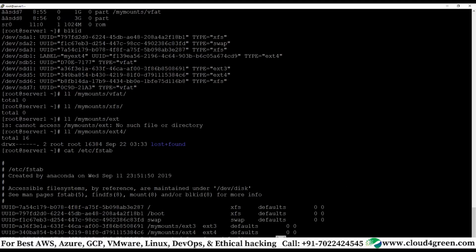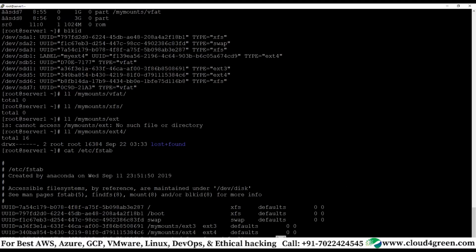So the LVs I have created are maybe 50 gig, 100 gig, and 50 gig. Your total space is 300 gig, and I've used up 150 gig. Later, if I want, I can create another LV, or I can extend this LV from 50 GB to whatever size I need. This is the beauty of logical volumes, that you can extend your LV. To what limit? To the limit of your VG.